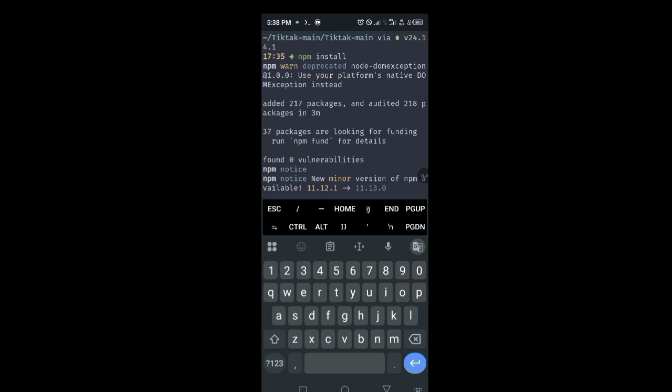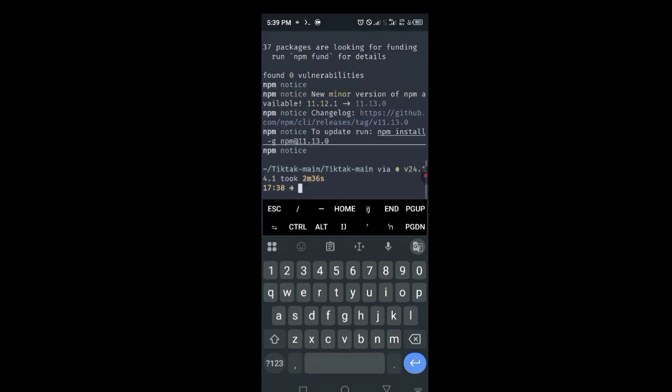Now, as you can see, npm install already done its work. It has installed all the packages. You can see 217 packages added and audited 218 packages in 3 minutes, and that's everything. So that's everything that you have to do. Then the next command is run npm